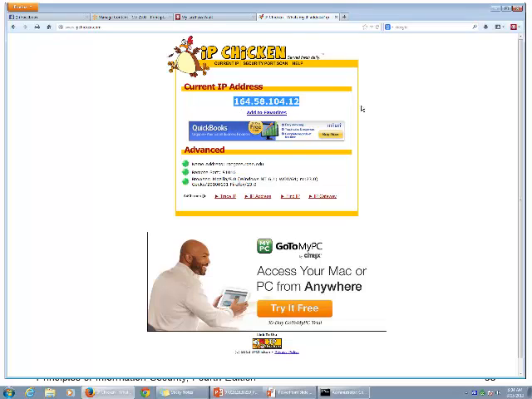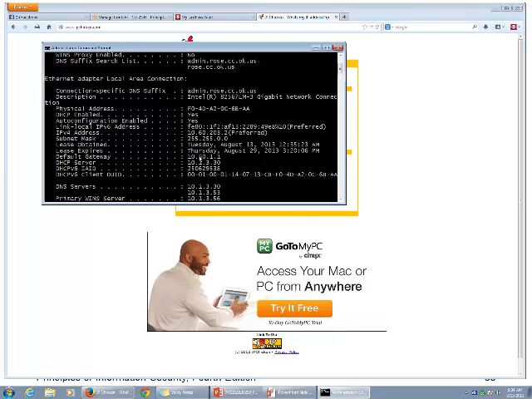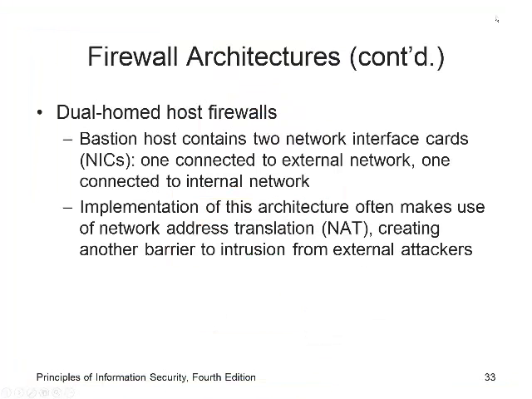Well, because that's the address of our firewall, of our external router. If you were to do this IP Chicken from mostly any machine on campus, not every machine, but mostly, it'll be the same. If you do it from the cyber lab, it'll be different. But mostly any machine in normal labs or normal offices, this is what you get for an address. We all go out as the same address. So to the outside world, that's my address. But this is really my address, which is a little bit different.